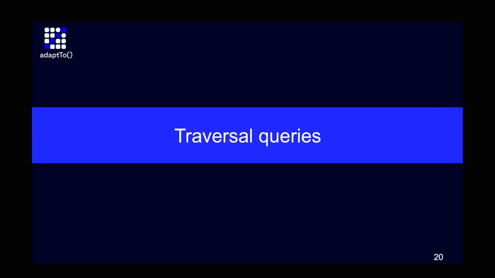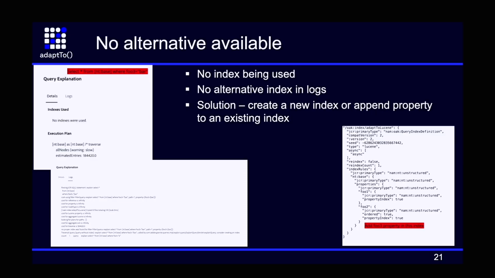So in the first section, we'll cover traversal queries. These are basically the queries that do not use an index. So the first example over here, I have this query select star from nt:base where foo3 is equal to bar. And looking at the query explain output, I can easily see that there are no indexes used. And then we need to analyze these logs and see that there is no other alternative also available that might be getting ignored. So the solution over here is to create a new index or append this property to an existing index. Since I know that I already have an index on nt:base, I'll simply add a foo3 property restriction to that index,